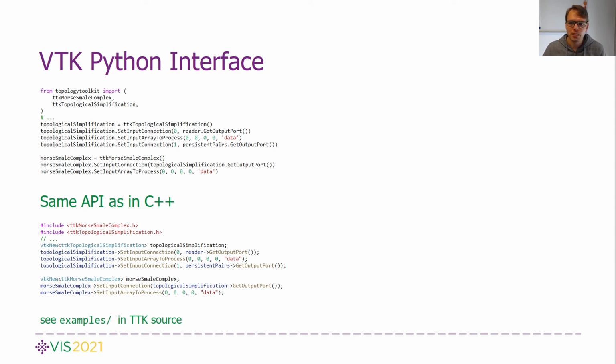So let's talk about the VTK Python interface. This interface is automatically generated from the C++ interface, and this is why you cannot find any documentation on the Python API. The way that this is meant to be used is by reading the C++ API documentation and doing the translation to Python yourself. As you can see in this example, the two interfaces are very similar, so this translation is basically just replacing all the arrows in the C++ code with dots in order to get the Python code.